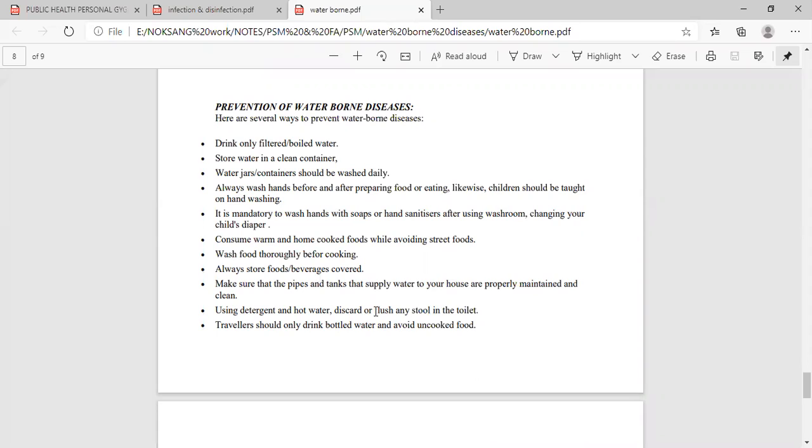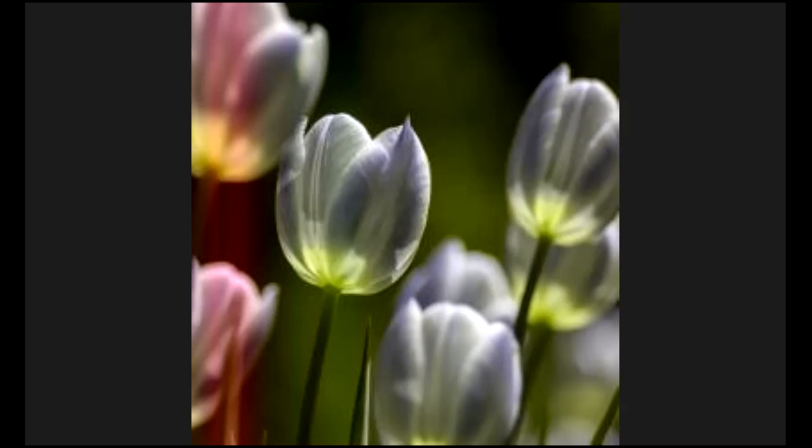And you should also flush your stool in the toilet properly after toileting. And last is, travelers should always drink bottled water and avoid uncooked food. People who travel from here to there, whoever travels mostly, should always try to drink bottled water and avoid all the uncooked foods. They should eat packed foods or dry foods or dry fruits, but they should avoid uncooked foods. So these are some of the preventive measures that they can take to avoid waterborne diseases, because